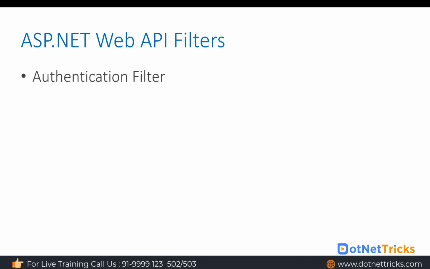We have the authentication filter, which helps us to authenticate the user detail. In the authentication filter, we write the logic for checking the user authenticity. Then we have the authorization filter. The authorization filter is used to check the user permission, whether the user has permission to access this API or not. That permission you can apply based upon the user roles, or based upon the user ID as well. It depends on what logic you are writing.